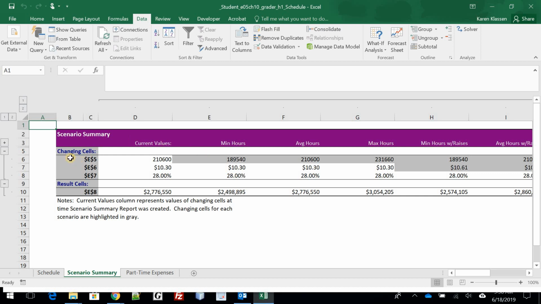Okay, so now in B6, we're going to type in part-time hours. Because somebody looking at this that's not the person that made it is not going to know what E5 is. And you're probably not going to know what it is 3 weeks from now. Okay, so part-time hours, part-time wage, part-time benefits,